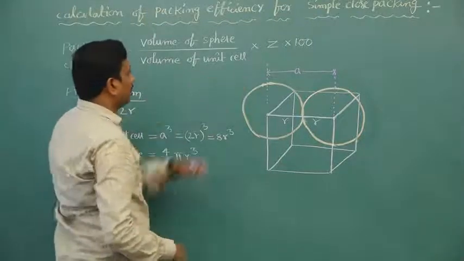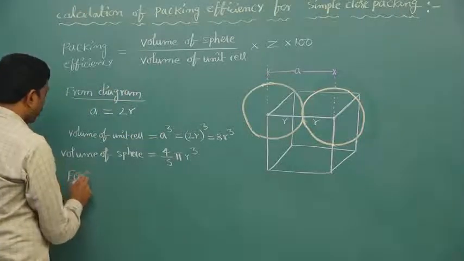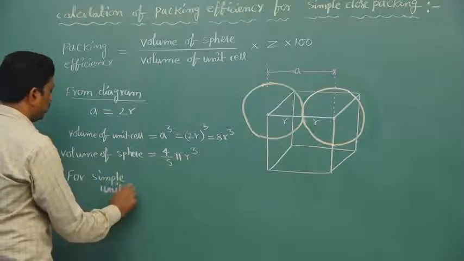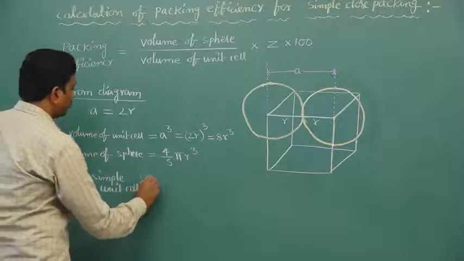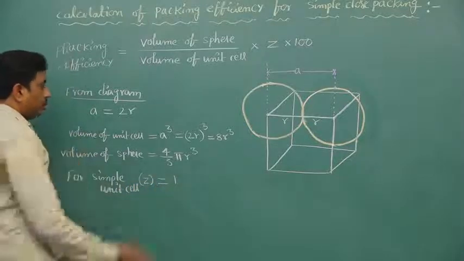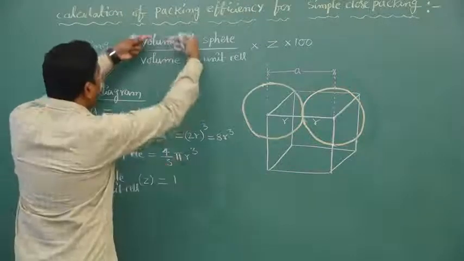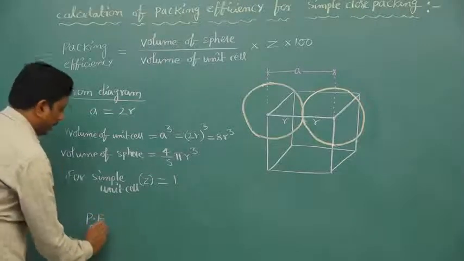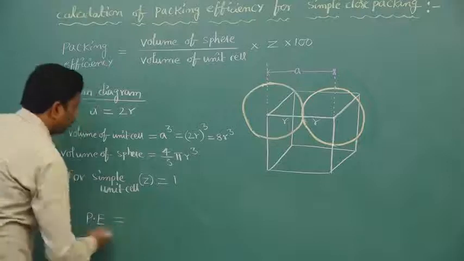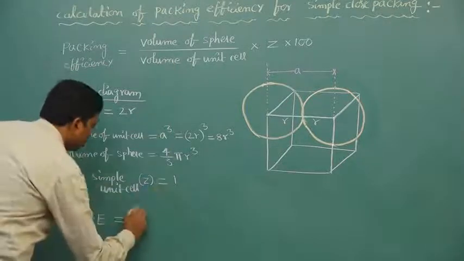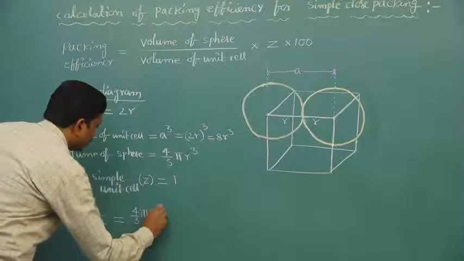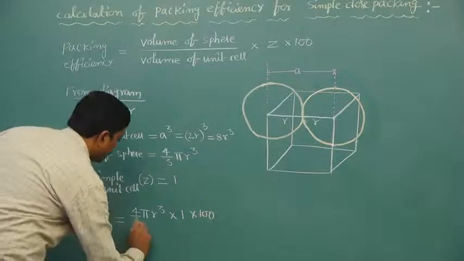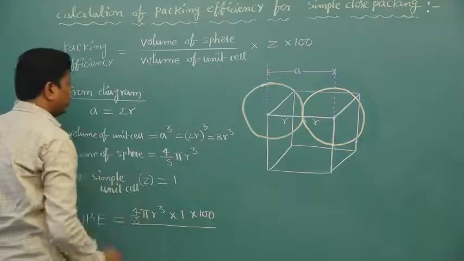Next, volume of sphere. Volume of sphere formula is 4 by 3 pi R cube. Next, Z. For simple unit cell, what is the Z value? Z value is 1. Now, substitute these in the formula of packing efficiency. Then packing efficiency P is equal to volume of sphere, 4 by 3 pi R cube, into Z value 1, into 100, divided by volume of unit cell